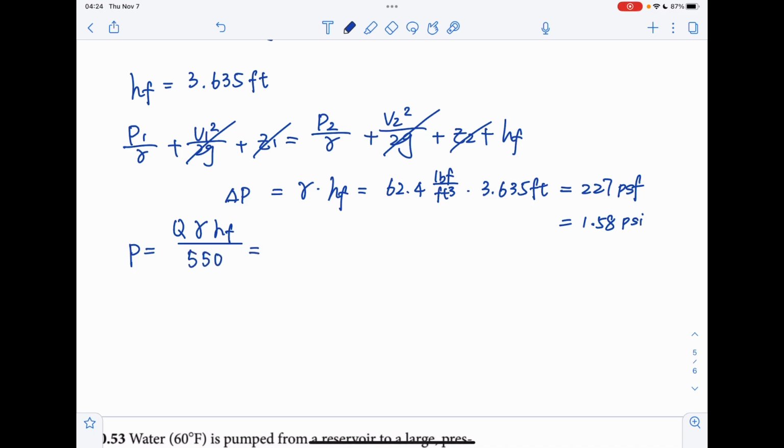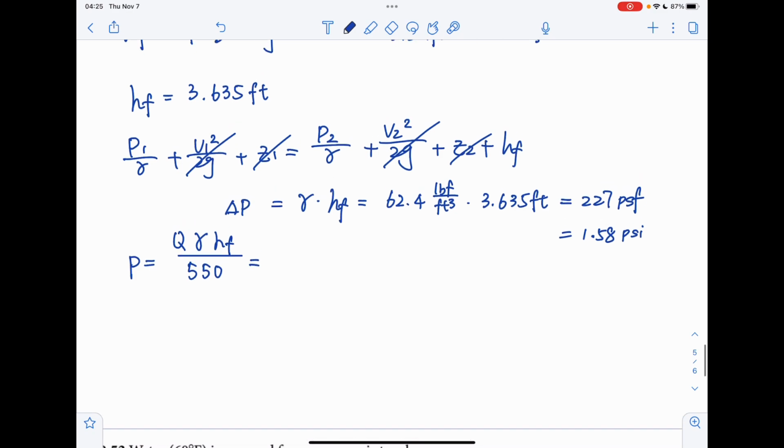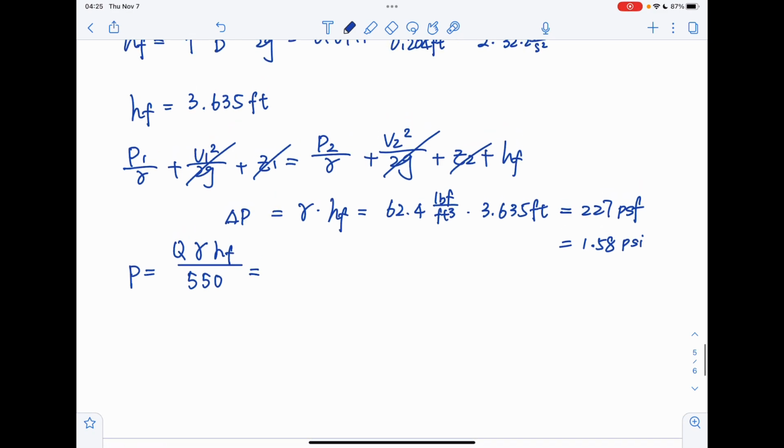Notice this constant is only for English units. For SI units, you don't have the 550 term. Okay, so we have the velocity, but we still don't have the